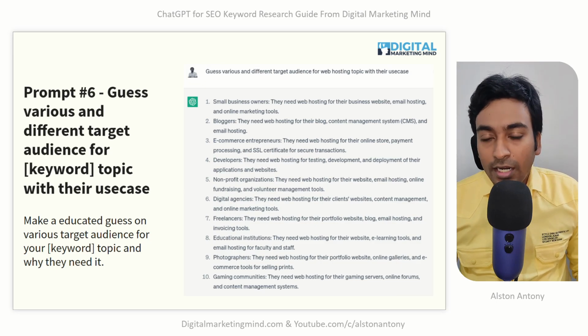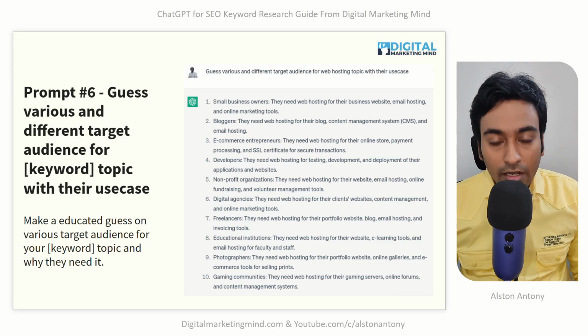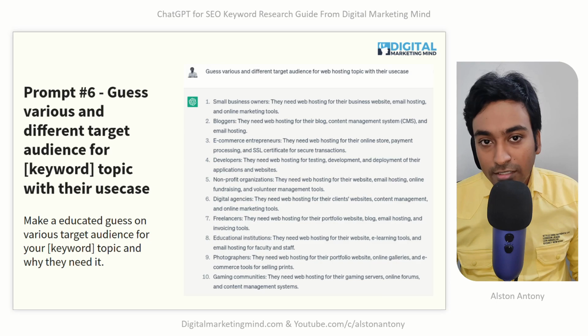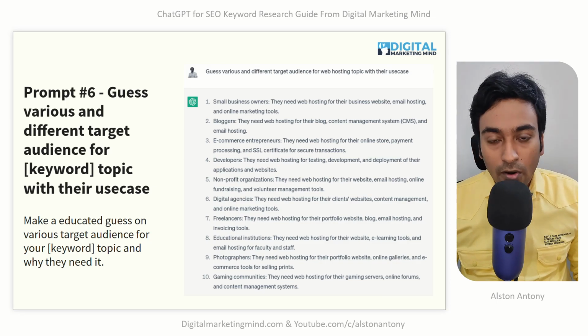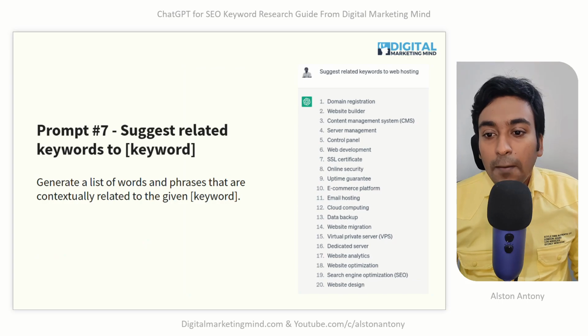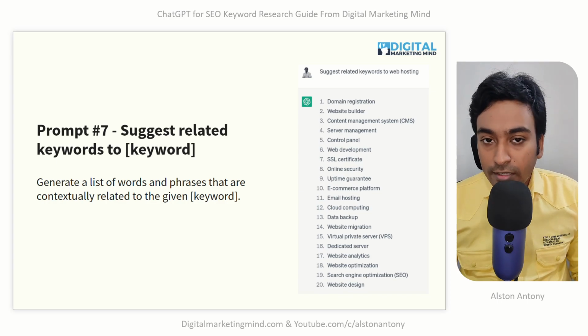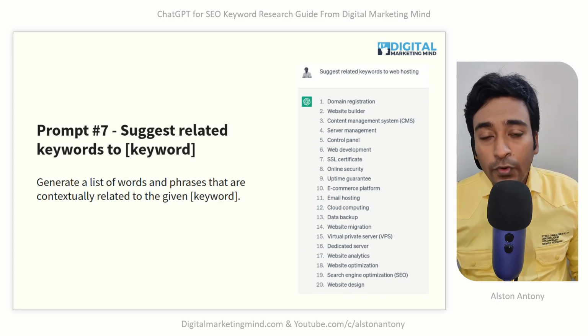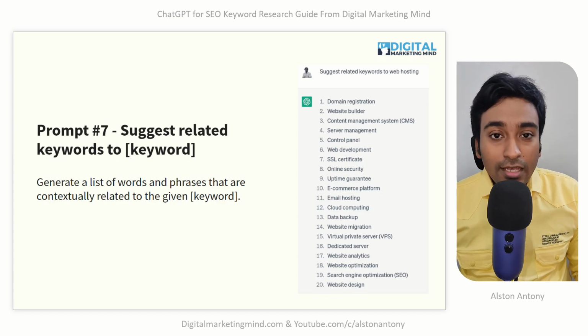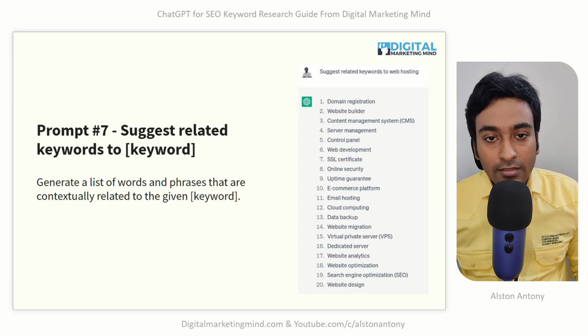So when I'm creating keyword research based on this particular data, then I can use this data to customize or make long tail variations for keyword depending on the target audience on each one of them. Prompt 7 is suggest related keywords to my main keyword. This is similar to the first one where the keyword ideas comes into play, but in this case I'm specifically asking for related, where if you compare this screen to that particular screen, ChatGPT does provide different results when I use different specific wording. So make sure to use related keywords also for that.